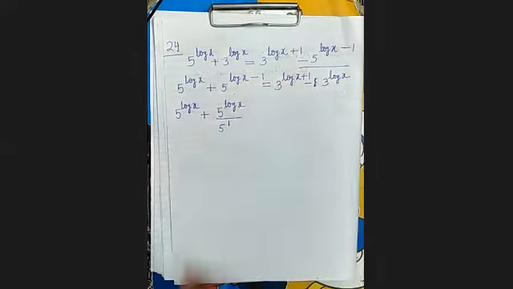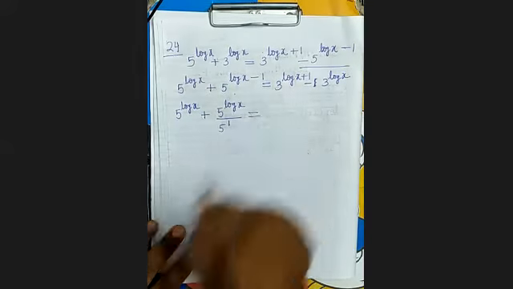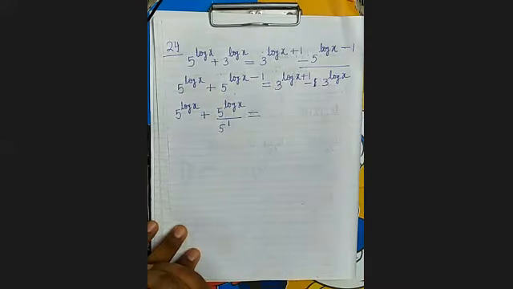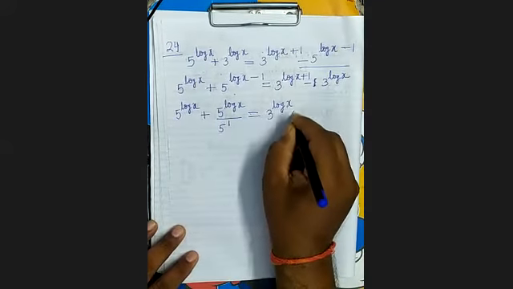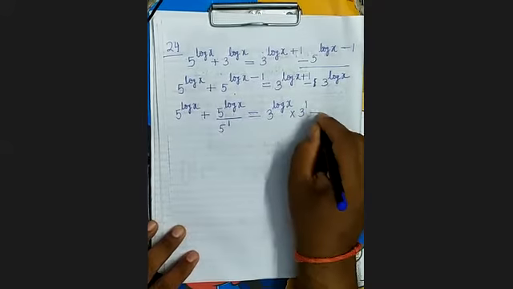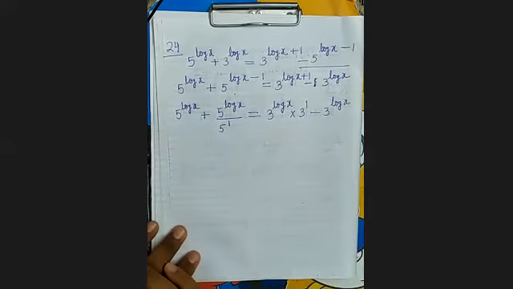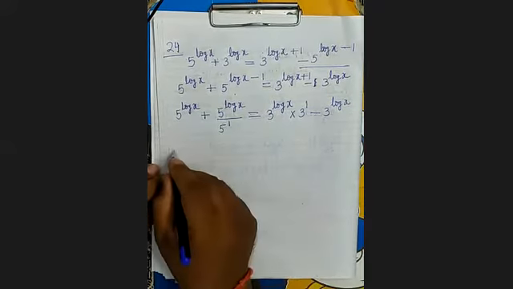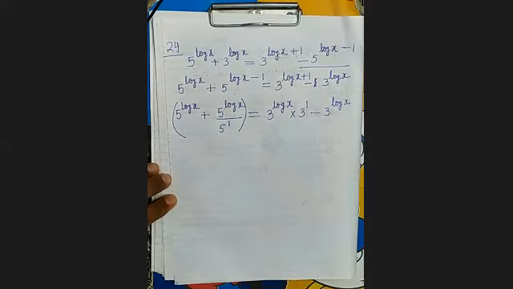Then how will you write here? Ayushi Agrawal, how will you write? So 3 log x into 3 की power 1. Very good. 3 log x means log x is in power. Into 3 की power 1 minus 3 log x. 3 log x means log x is in power. It's clear. Now what will happen here? What will you do in the next step?